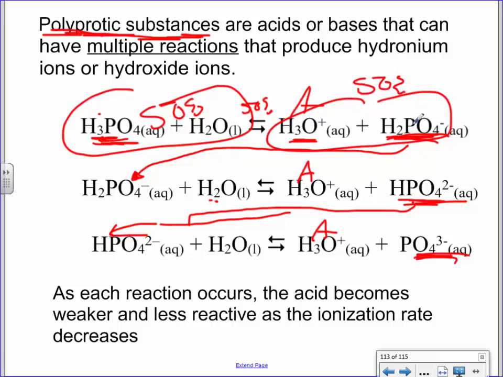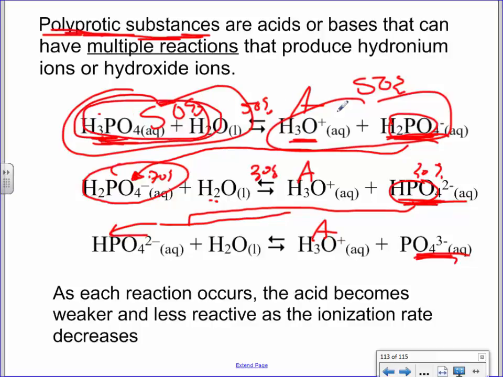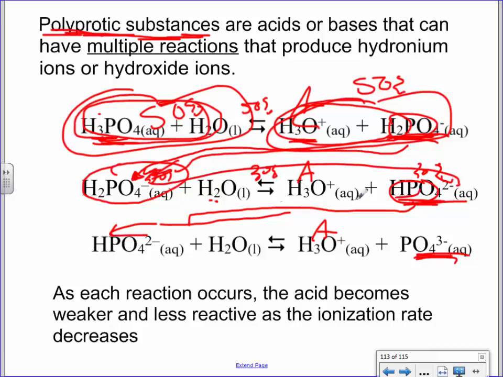But then this guy right here, which is now 50%, maybe it only reacts 30% of the time. So then of this 50%, 70% of it stays here, and 30% turns into this stuff. You just kind of get what I'm going for here? And so what ends up happening is you probably have a lot of this and an equal amount of this. Then some of this stays, but the rest turns into this. Some of this stays, but turns into this.